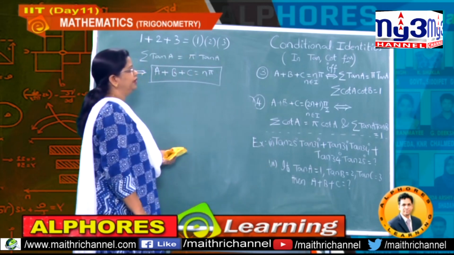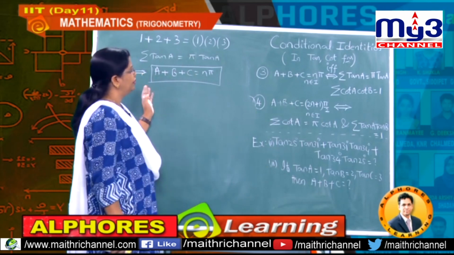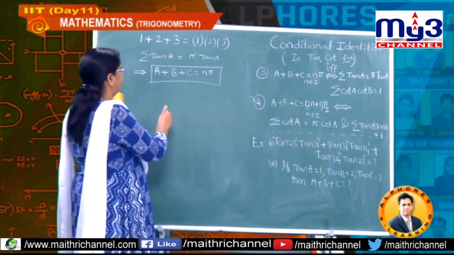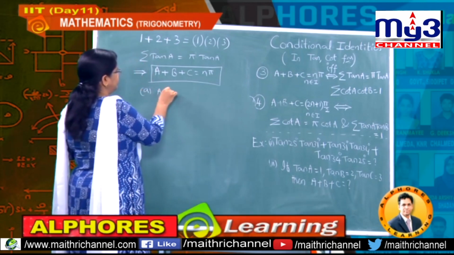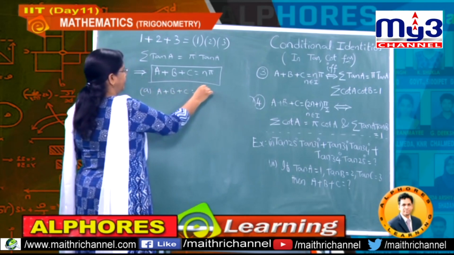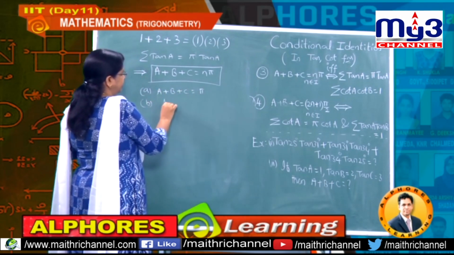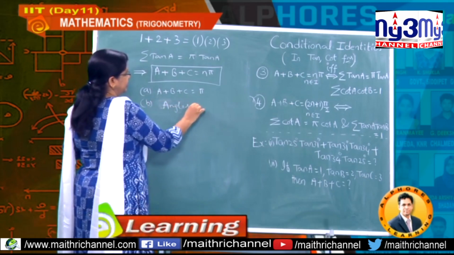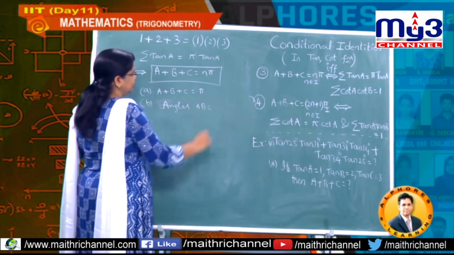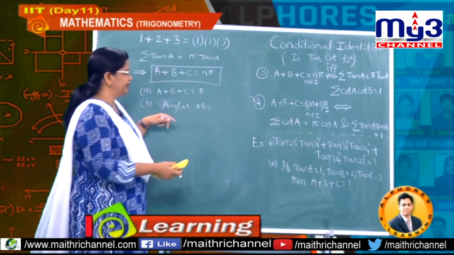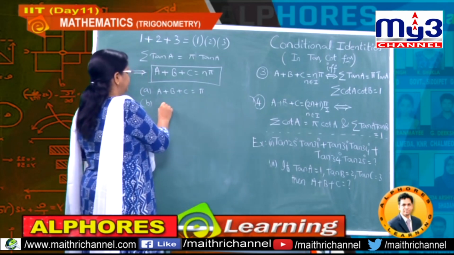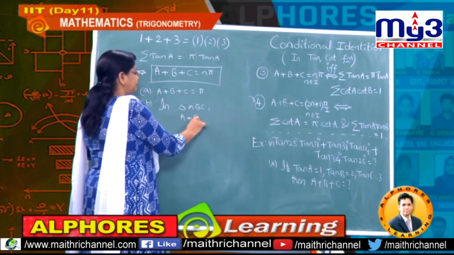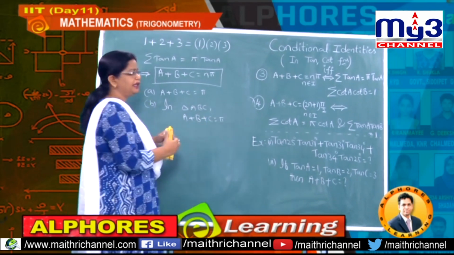Okay students, sometimes they give options with pi also, understand: A plus B plus C is pi. So one option they will give, suppose A plus B plus C equals pi, and in the other option they may give, in triangle ABC, those are angles of triangle. ABC are angles of triangle ABC means what? Is it the same or not? Suppose in triangle ABC, what is A plus B plus C? Again pi. So they may give options like this also.